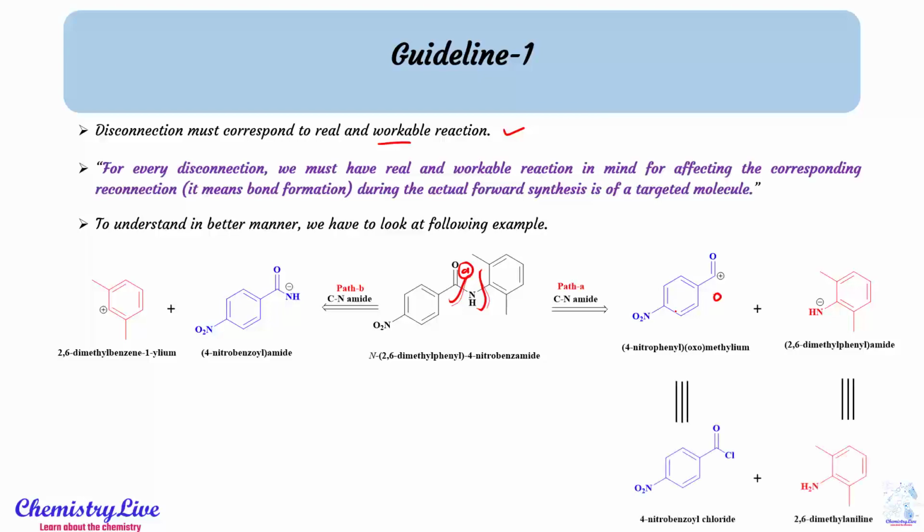So here, if we use benzyl chloride, and if we use an aniline compound or an NH2-containing compound, it is very easy for that reaction to occur. Here we just add a base to abstract the proton and remove HCl, and we get our product back, which is N,2,6-diphenyl 4-nitrobenzamide. It is very simple according to guideline 1.